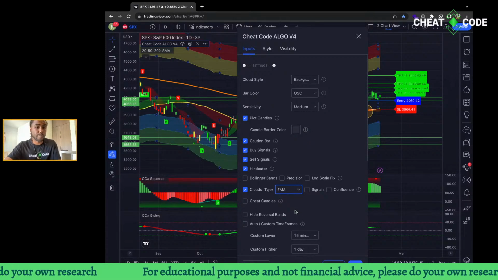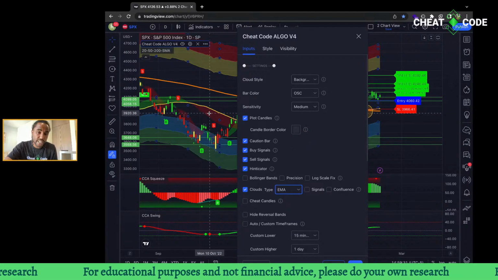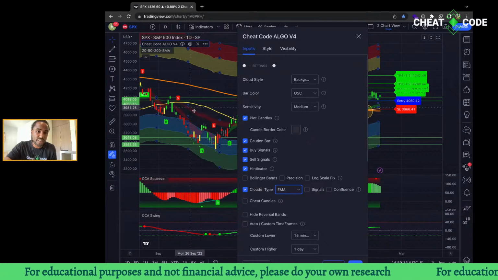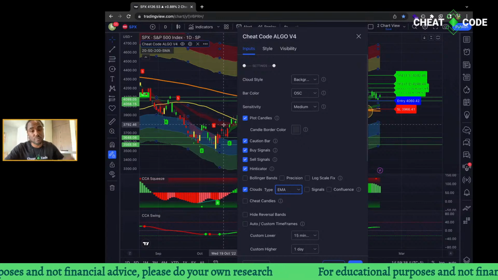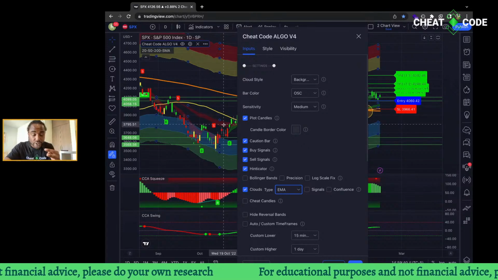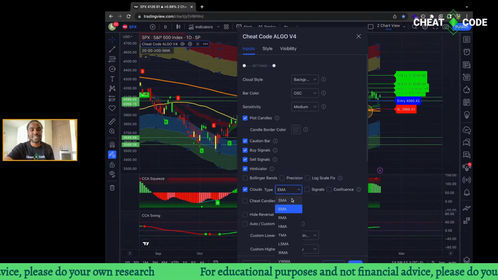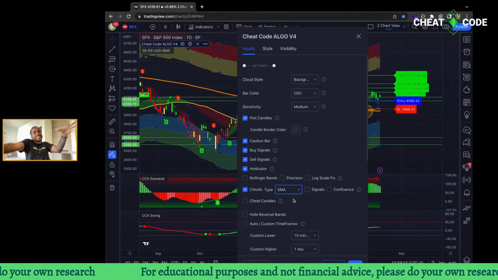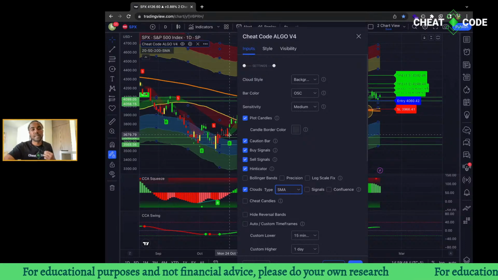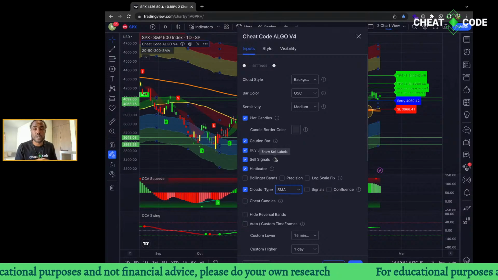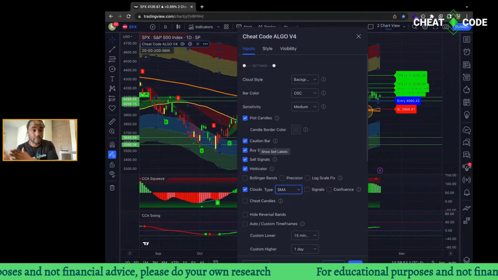That's my preference. Other people use EMAs. And when you change the clouds to EMAs, you can see that it's a lot sharper, right? Because EMAs are exponential moving averages, so they're a lot quicker. But SMAs, they're simple moving averages. They give you more of a buffer, so for me, I like them. Like I said, you cannot use one strategy for moving averages across everyone.